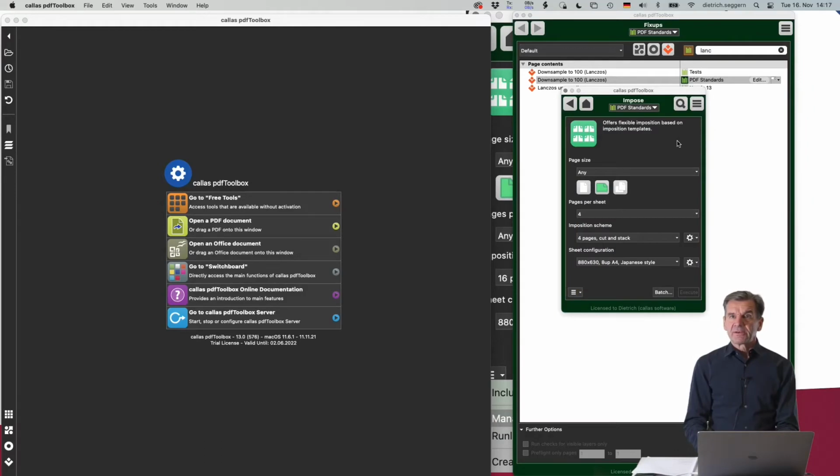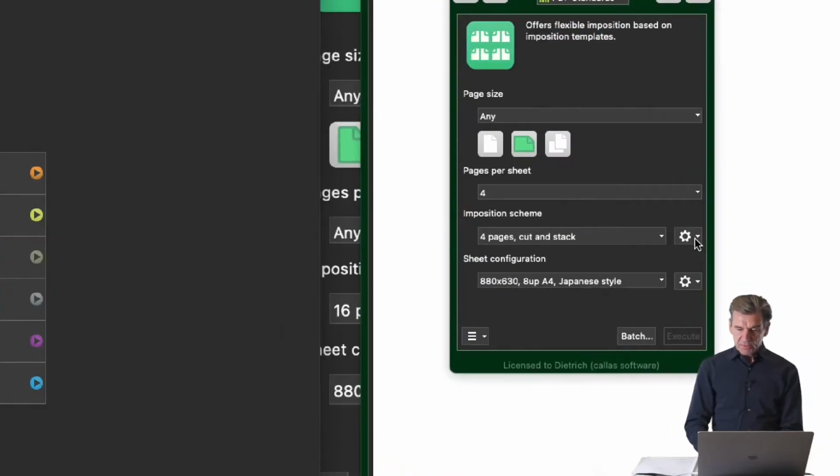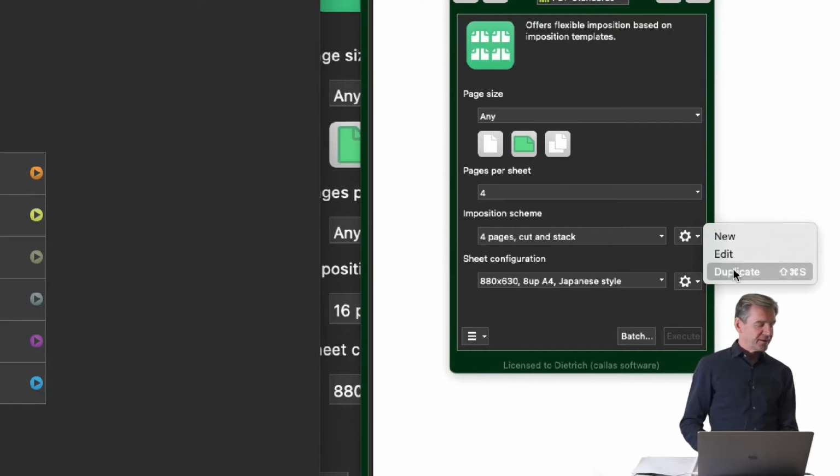And similarly, I could do so for a run list in the imposition scheme and a sheet configuration. So I have a new here. I can edit an existing one, and could also duplicate one, but David is getting nervous next to me, but